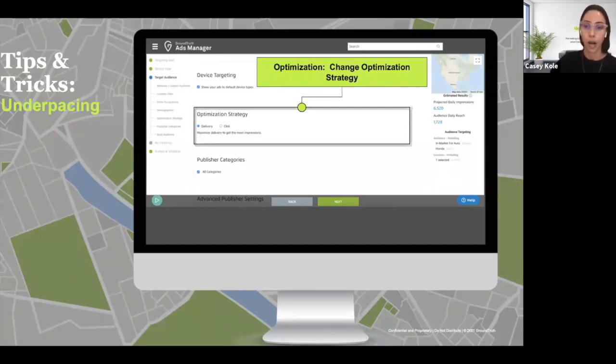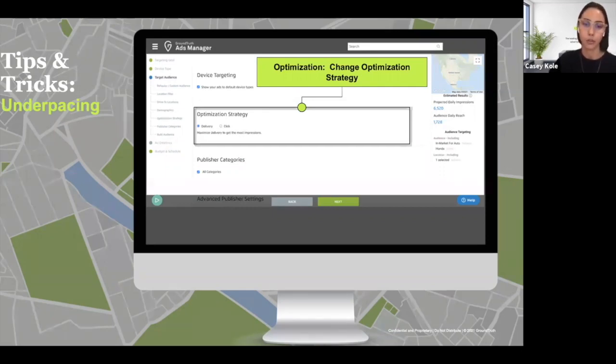But we can also optimize towards click, which is preferable if you are using our GroundTruth landing page, or you are looking for your consumers to take an online action in which they would go to your URL and have a form fill, excluding visitation. The one thing about optimizing towards clicks is that it will reduce your scale for the campaign, because